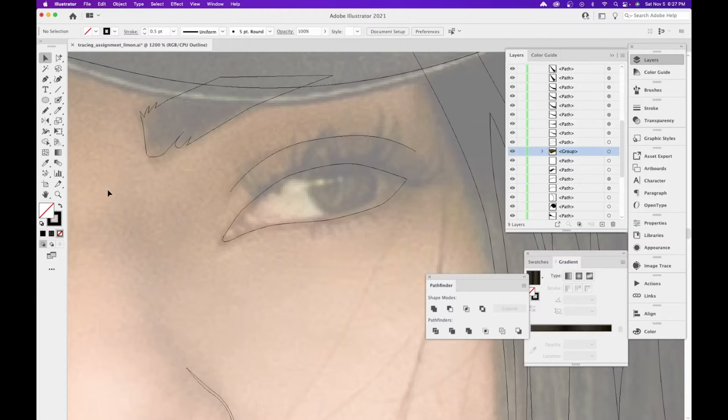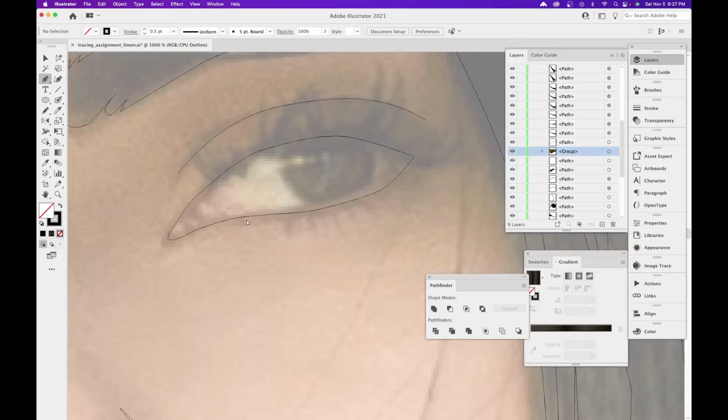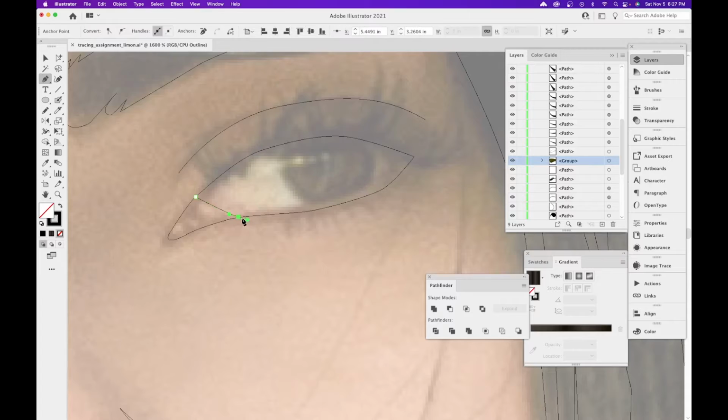And then I'm going to go ahead and do the whites now. So I'm going to click on my pen tool. Right here, I'm going to try to match this. I could also do one of those ones where I split it, you know, do the shape and split it as well, but I'll just hide this one behind that stroke, behind the black stroke that I'm tracing over. Now if I hold Option and drag this just to get that little curve, click on my direct selection tool,